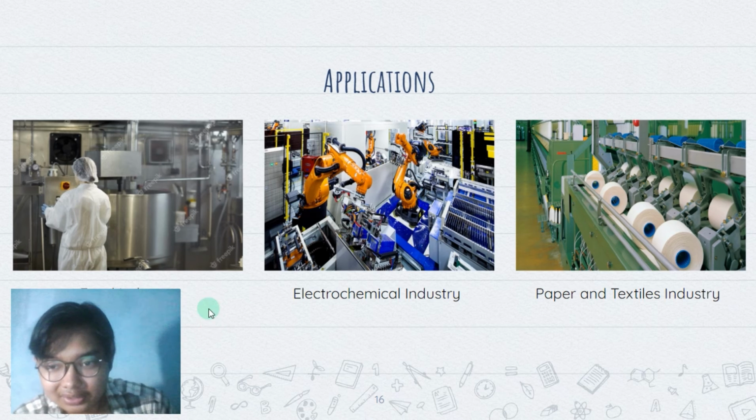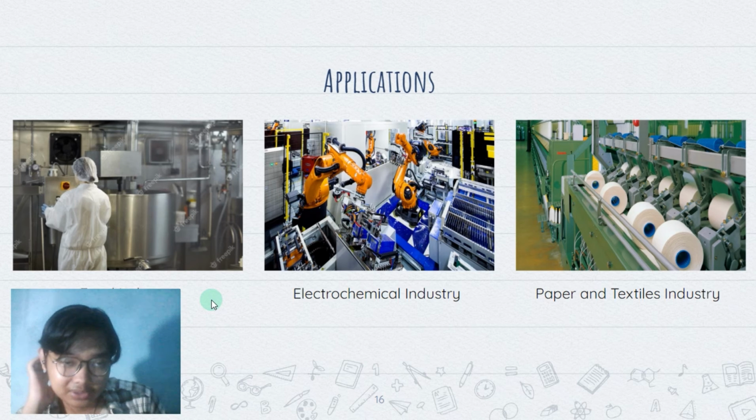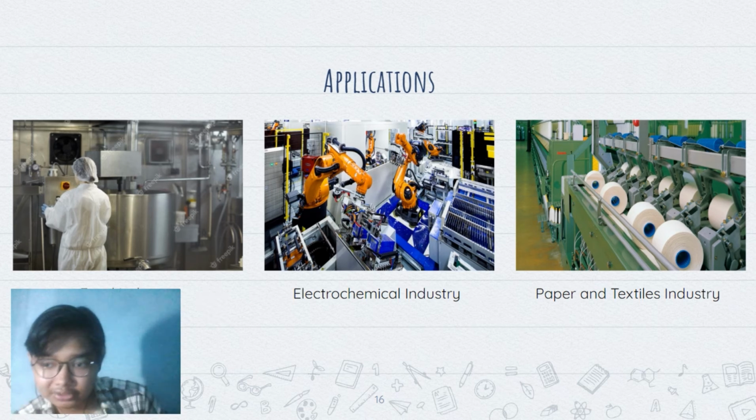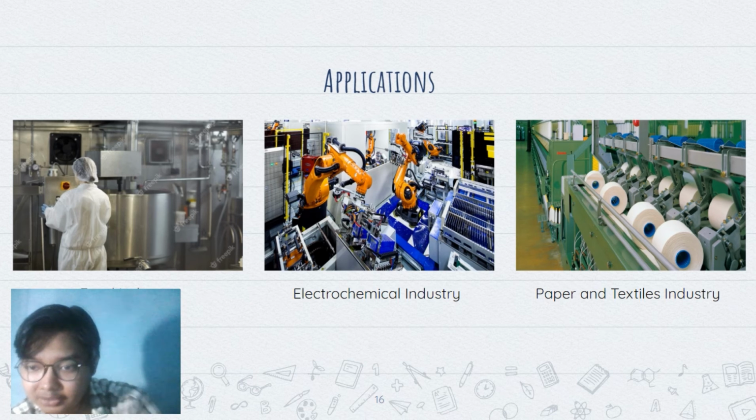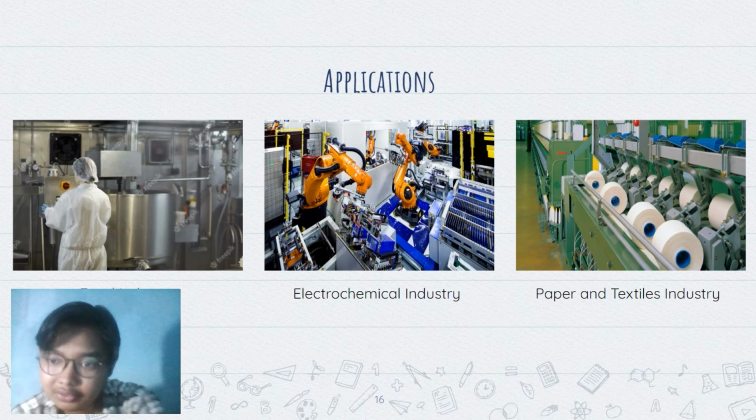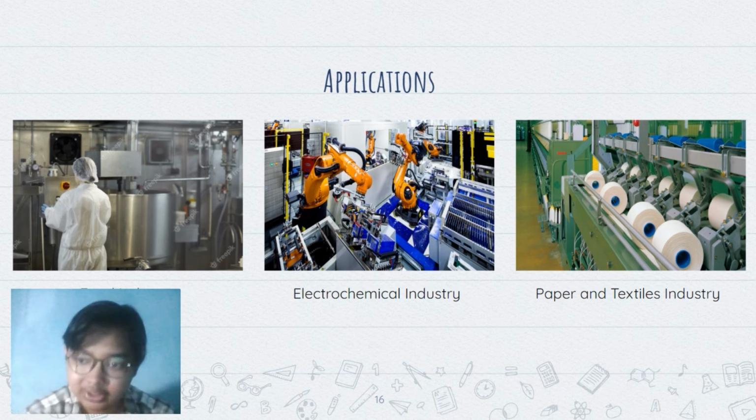So the left one, the first application, is in the food industry. Like I said before in the introduction, in the food industry, pH is principally used to govern the physical and chemical reactions required to produce food and prevent the growth of pathogens. Further, pH values must be monitored to inhibit the growth of pathogenic microorganisms that can cause food spoilage or adversely impact the taste and quality of the final product.